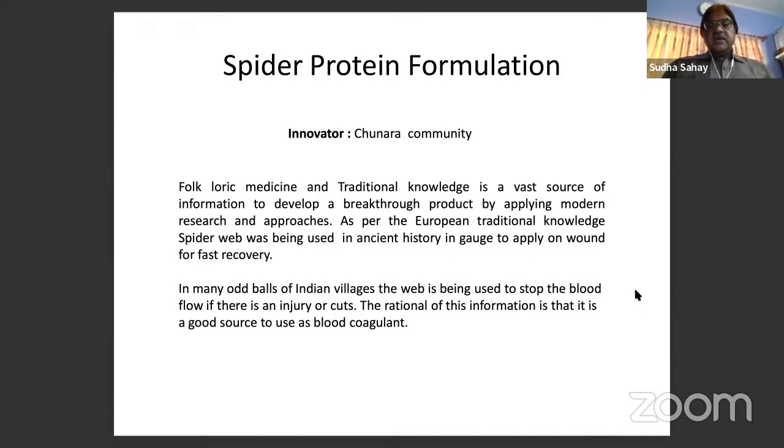The practice was that people were using spider web to inhibit the oozing of blood from any cut and wound portions. So what we did, we developed a cell line from the spiders, because if you go to the literature, you will find it is the ampullate gland of the spider which secretes the mucilage, or the saliva, for the production of the thread. And there are 4 such ampullate glands found in the thoracic region of the spider. So what we did next,